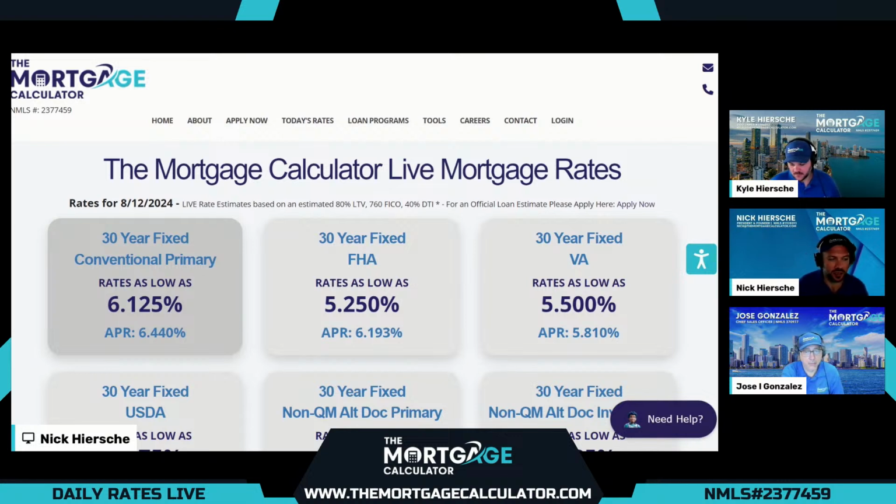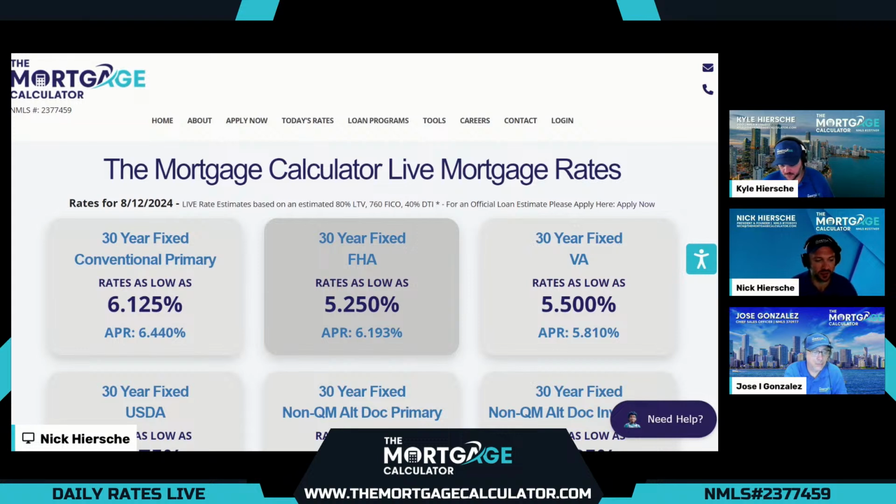Now, if there's any reason our customer doesn't qualify for a standard conventional option, we usually want to present an FHA option. FHA allows more leniency on credit issues and a higher debt to income ratio overall, but does require upfront and yearly mortgage insurance. Rates today come in at 5.25, and with all the fees and mortgage insurance, 6.193. So if our customer qualifies for both, they may want to check out the FHA if they are willing to pay the mortgage insurance. And for our customers that need to use FHA, definitely a good option.